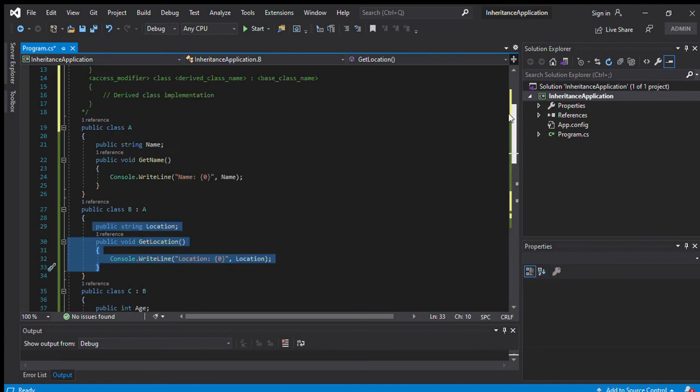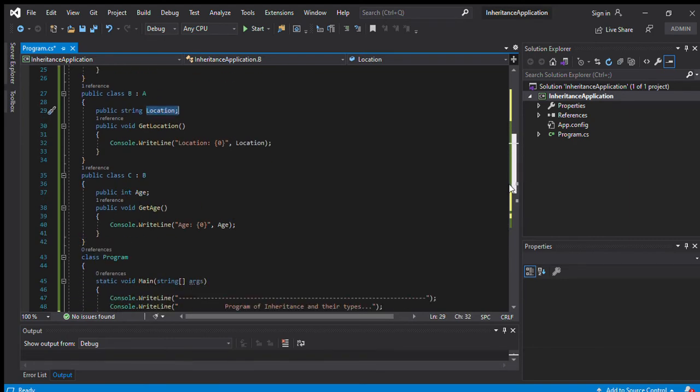In the first class I have declared the name, with get name. In the second class I declared the location, what is the location of the users. And in the third class I declare the age of the users or the age of the programmers.